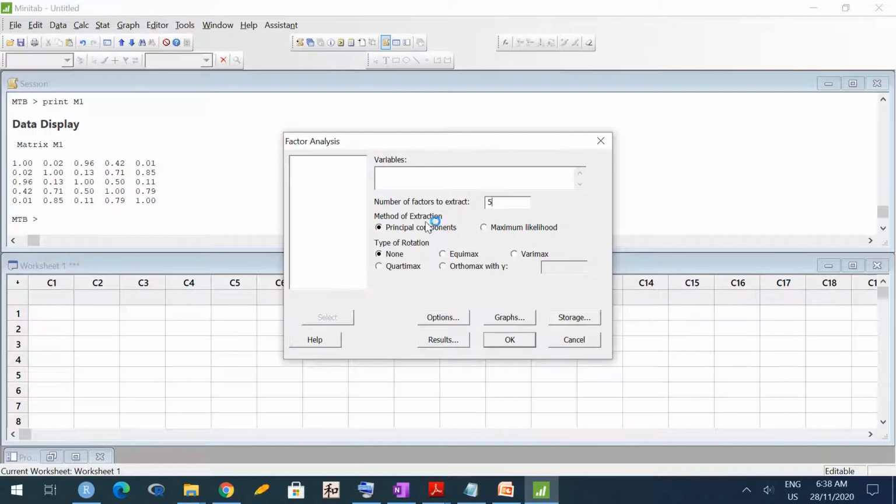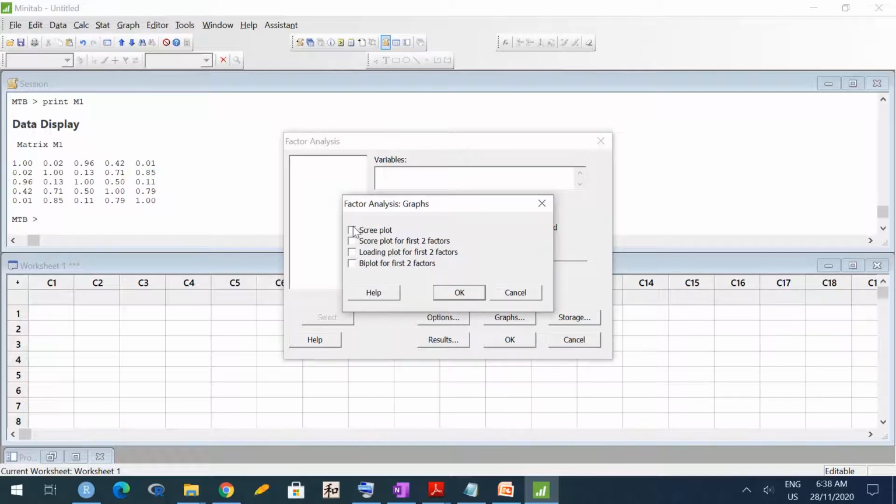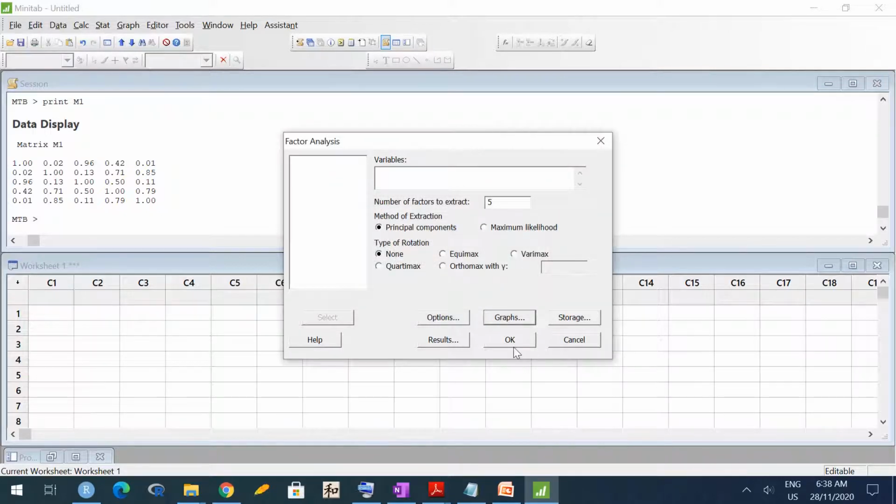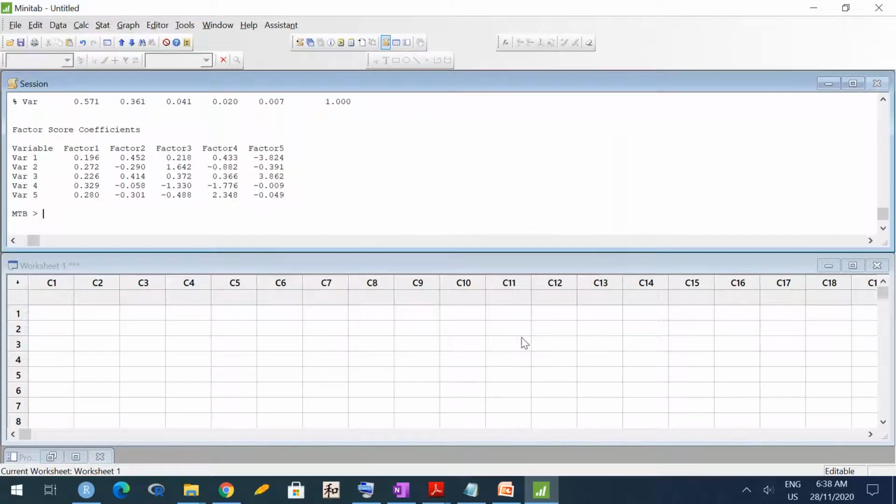The method of extraction can be principal components or maximum likelihood. Generally principal component would be okay. If you have normally distributed data, then you can go for the maximum likelihood method. Right now let us not go into the graphs.